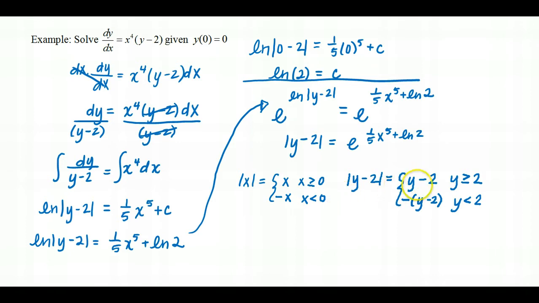So why am I even doing all this? Because I have to think about this absolute value function as a piecewise function because I have to reference the initial condition. I want the specific piecewise, or the specific function, that will yield, whenever I plug in a 0, I get out a 0. So here, the absolute value of y minus 2 is two different pieces of a function. I'm concerned with the one that's defined where 0 is defined. So this bottom piece, well, 0 is less than 2, so I'm looking at the bottom piece of this piecewise function. So the absolute value of y minus 2,